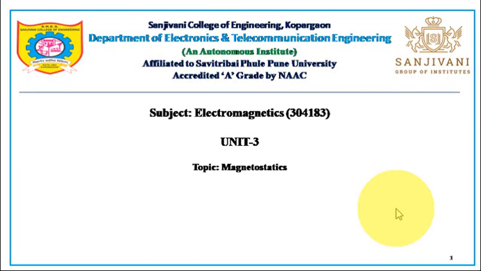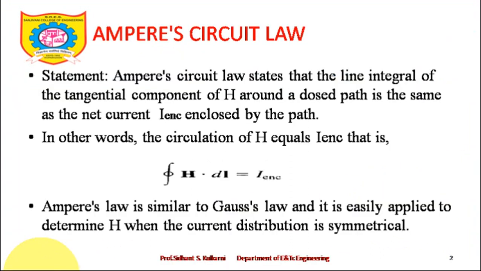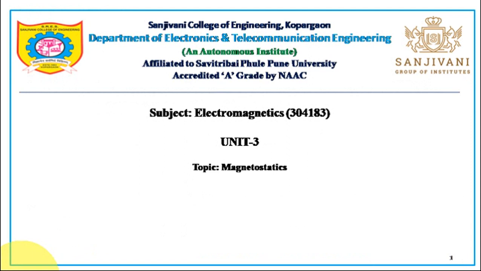Welcome back, students. In the previous few lectures, we were going through the basic concepts of magnetostatics. Then we went through the first law of magnetostatics, the Biot-Savart law. In the Biot-Savart law, we came to the conclusion that H bar is directly proportional to I dl sine alpha upon r square. We found that very interesting, and we calculated it by the cross product r bar cross dl bar cross r bar, and then we came to the final conclusion.